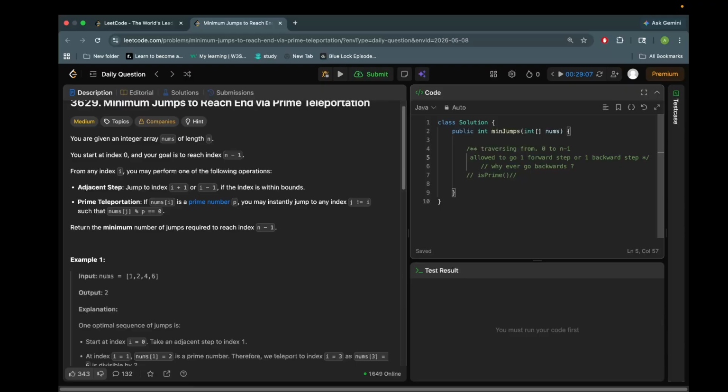You may perform one of the following. For any index i, jump to i plus 1 if the index is within bounds. If it's a prime number, you may instantly jump to any different index such that num